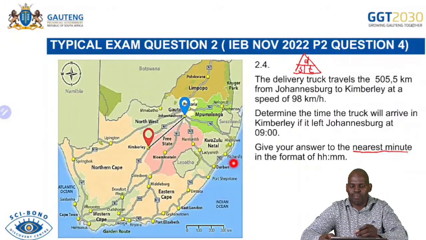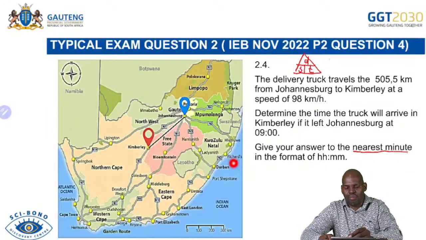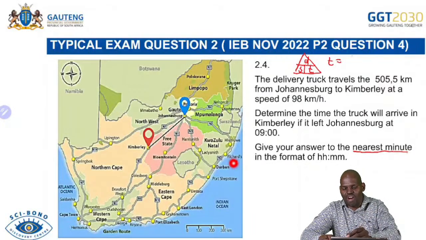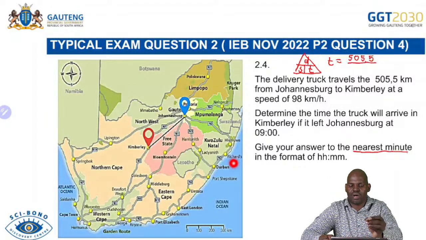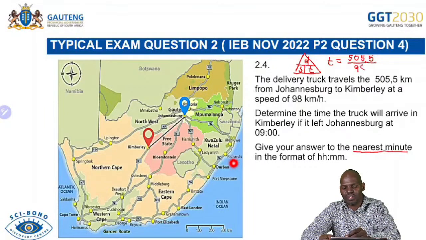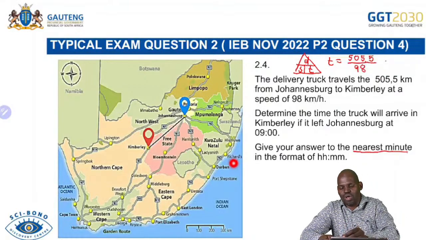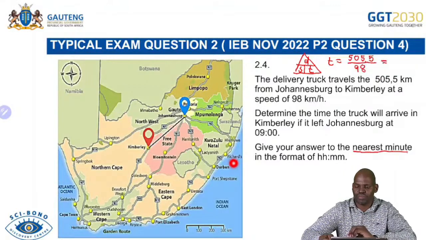Then if we calculate time, we're going to say time is equal to distance, which is 505.5 over 98. Okay, our distance is in kilometers, our speed is in kilometers per hour. So that means our time will be in hours. Okay, so this one is equal to, if you take your calculator, you say